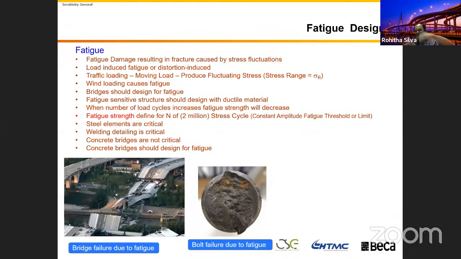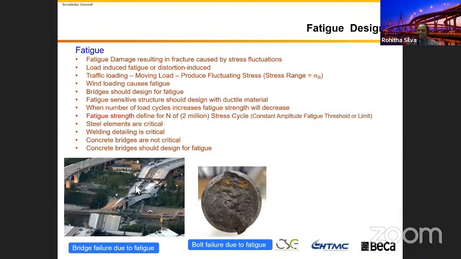over the bridge, the stress level in the bridge will go up and down, up and down, up and down all the time. It depends on the amount of traffic, the location of your bridge, and so many aspects. So fatigue damage results in a fracture caused by the stress. Sometimes, due to imperfection of your construction or your material itself, if there's a very minor crack in your materials, maybe concrete, maybe steel, steel is quite prone to fatigue failures, and then that will propagate over time, and the collapse,